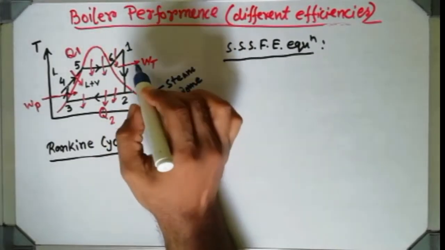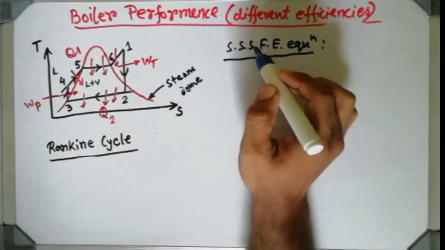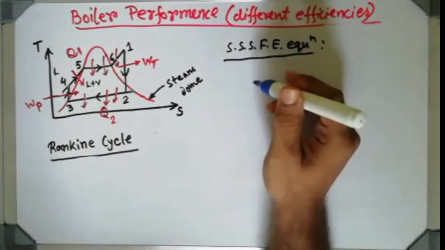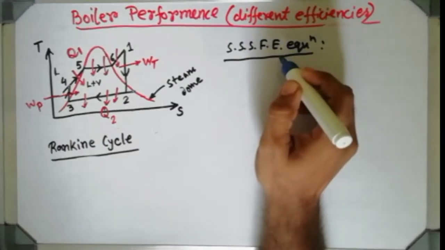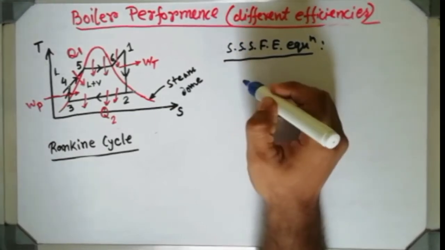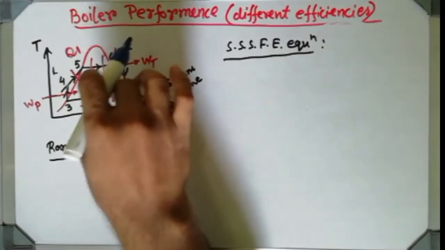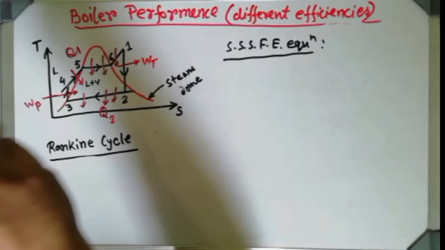I am not going into detail because you people are from the electrical department, so I am just giving you the hint up to which you require. Okay. So the steady state steady flow energy equation is valid for open systems where mass and energy both will enter the system and both will go out of the system. And every device, these 4 devices, they all are open systems because mass and energy are coming in and going out